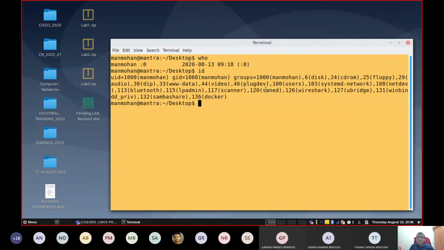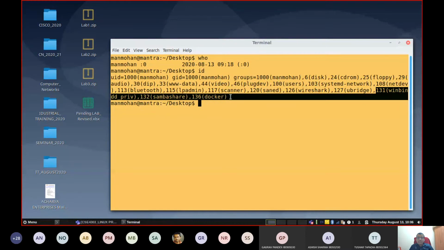Okay, these are different versions of the scanner daemon process, a process which controls the scanner. This is the scanner device identified, used to connect to this particular laptop. And here there is a software called UBridge, which is used along with a network software called GNS3 for network connectivity. And here there is one piece of application software: when you configure the networking, and if you want to integrate Windows and Linux machines, this WinBind and Samba share is required.